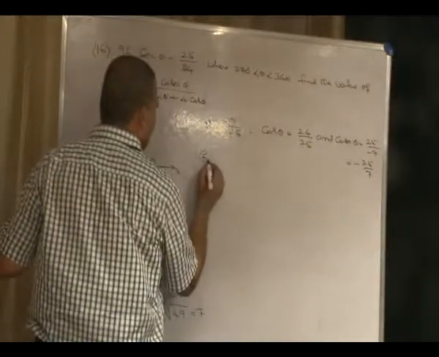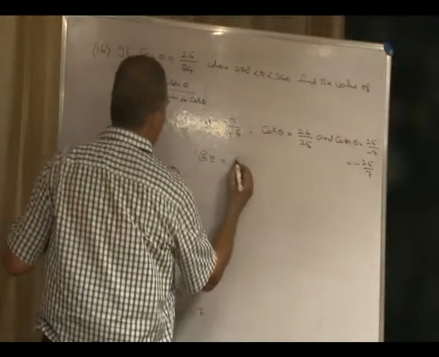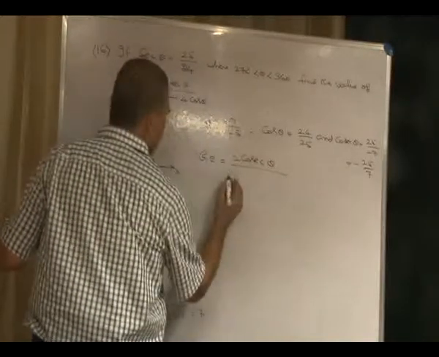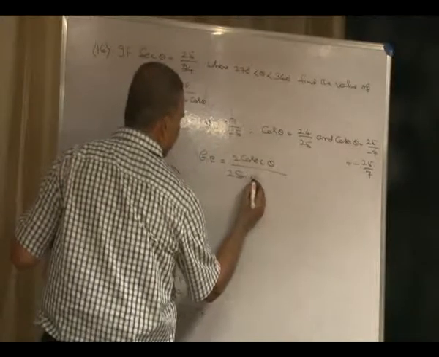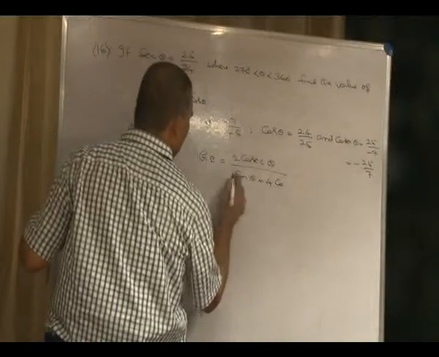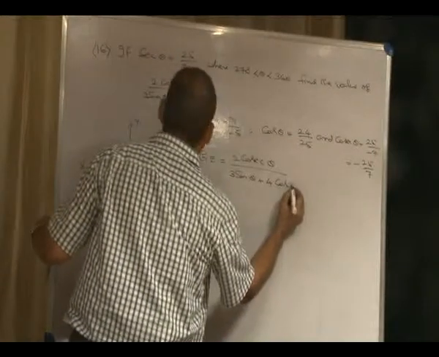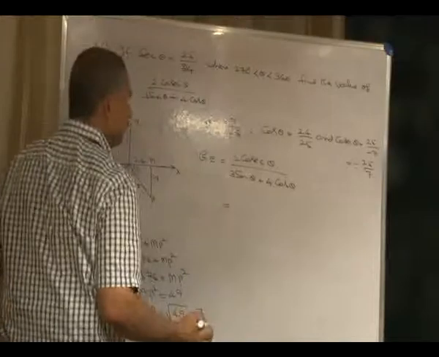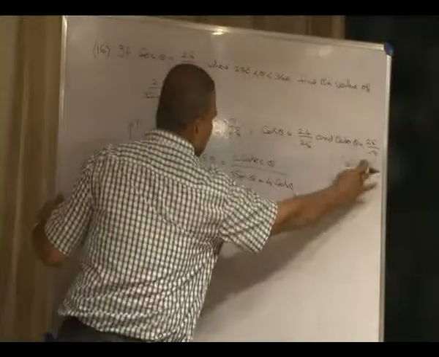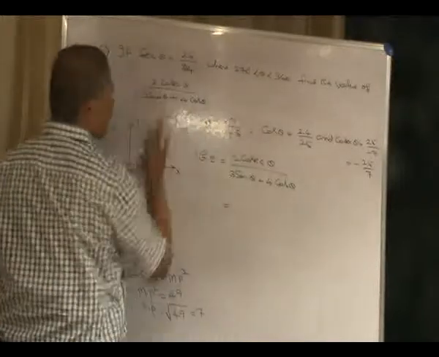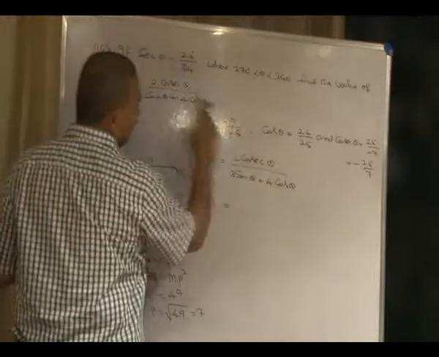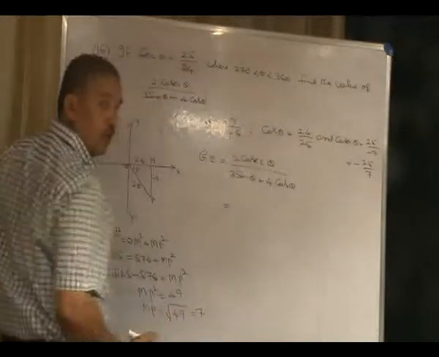The given expression, GE, equals 2 cosecant theta by 3 sin theta plus 4 cos theta. Now substitute the respective values. In the fourth quadrant, sin theta and cosecant theta are negative, cos theta and secant theta values are positive. Your secant theta is plus 25 by 24, that is given. Your cos theta is plus 24 by 25.